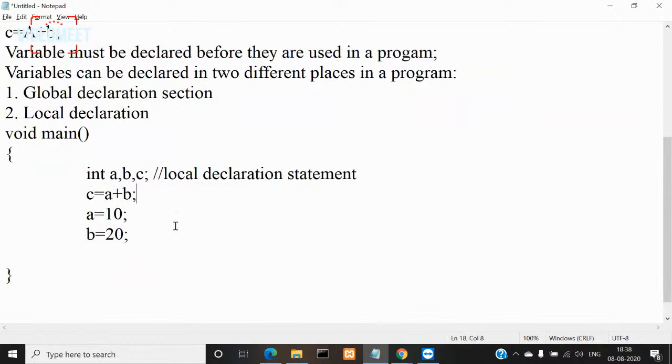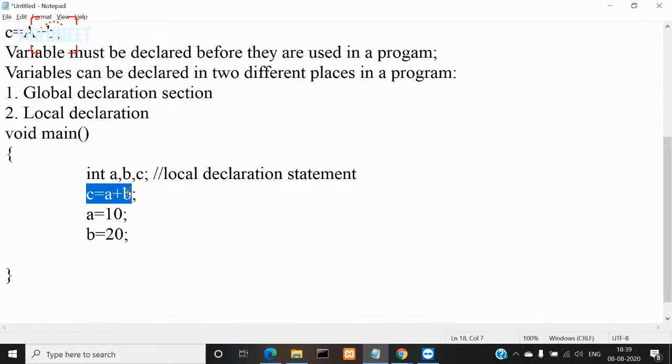You cannot do that, right? So writing it here will generate an error for you. The compiler will check when a variable is used. First, it will check whether it is declared or not. If it is declared, then it will accept the statement. But when you write this statement, it will check whether the variables a and b, which are on the right hand side of this expression,